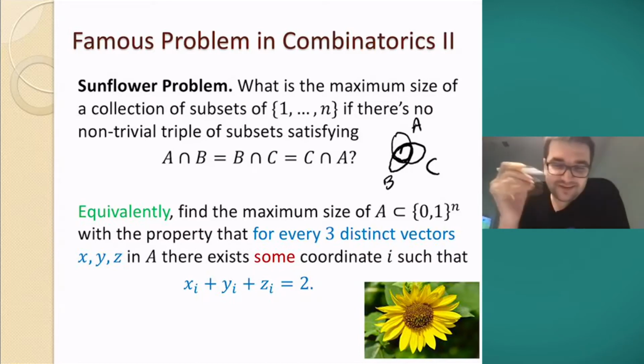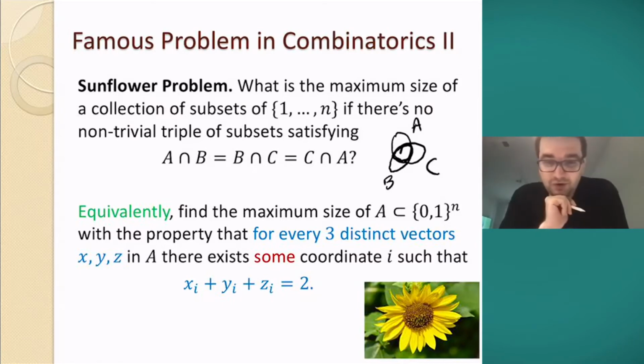you can, right, there must be some coordinate where the corresponding index from 1 up to n must actually lie in just precisely 2 of them. Right, the 3-petal sunflower has this feature that every element lies either in 1 of them or in all 3. So a bit of